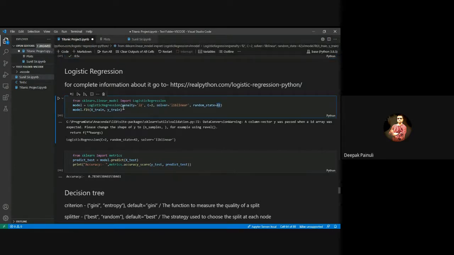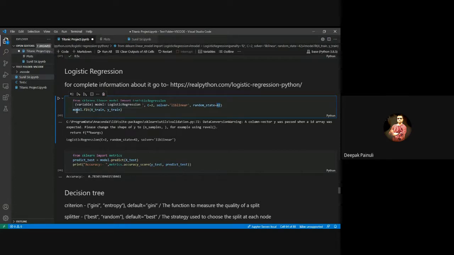These are the regularization parameters, right? You may check realpython.com for detailed values, but for understanding purpose, I am using the basic arguments.